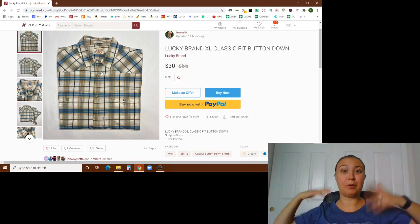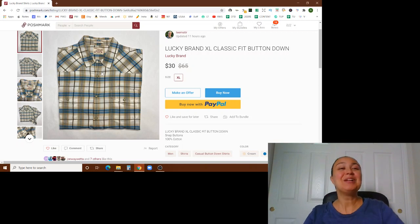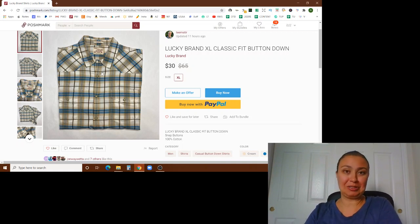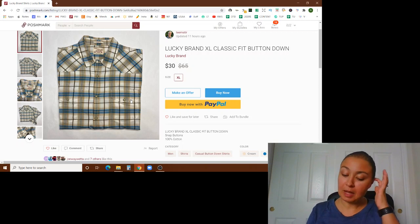With women's, there's more embellishments and all of that. So my keywords list that I have in the Etsy shop is geared for women's clothing, and a lot of those things are not going to apply to you. There might be some embroidery obviously on guy shirts, but there's not going to be a lot of other things. I don't know of a dolman sleeve men's shirt. So those kinds of things wouldn't apply,